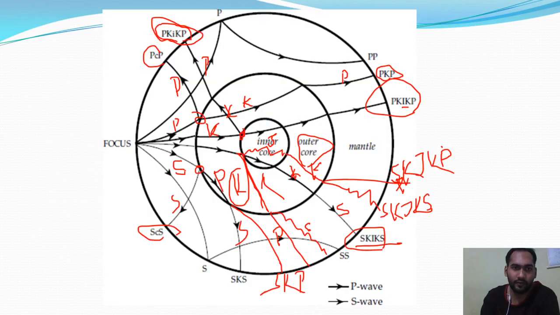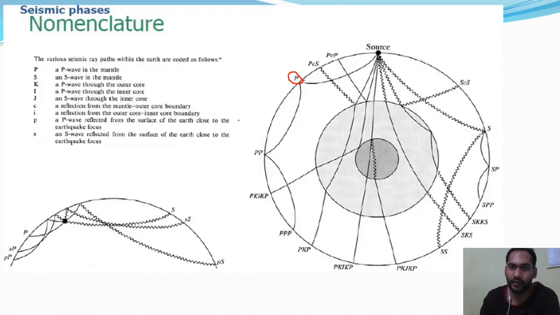I hope I have told you what is focus. Here it is focus. What is focus? It is the source of earthquake, right? At that point the seismic waves are generated. For this nomenclature, the surface is the source, right? We are sending the seismic waves from the surface itself, right? So the focus is on the surface, near surface. So from the source the waves are traveling into the interior, right? So here it is the source, the near surface area.